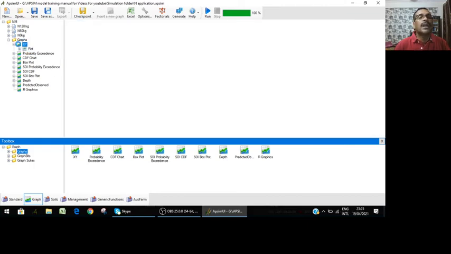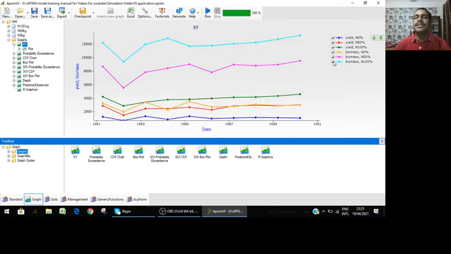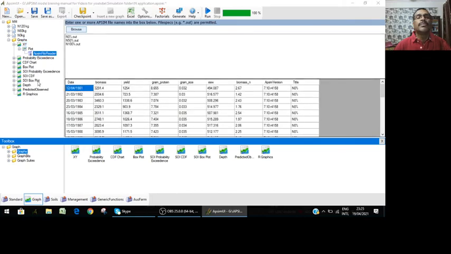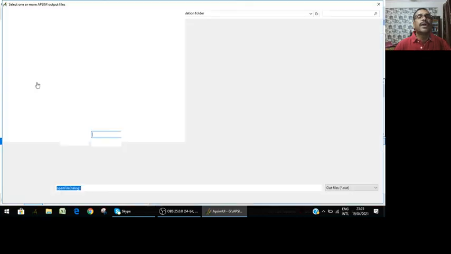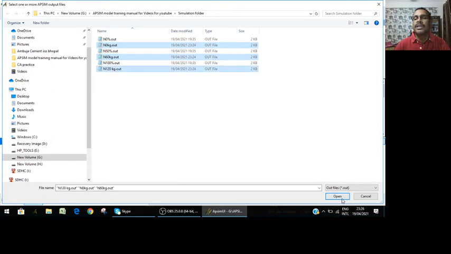So when you go to the graph, you'll find all these things are here. That means for nitrogen, probability is showing 0, 50, 100 percent, but you can go here and browse the folder, because wherever the output file is, it will show you here. So I'm doing that. So N0 you need, isn't it? N60 and N120, we need these three.